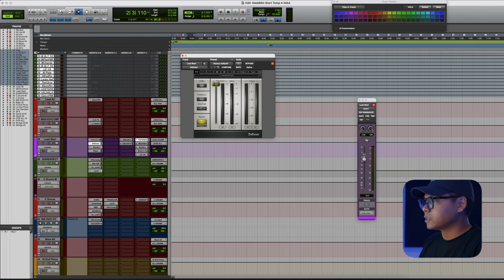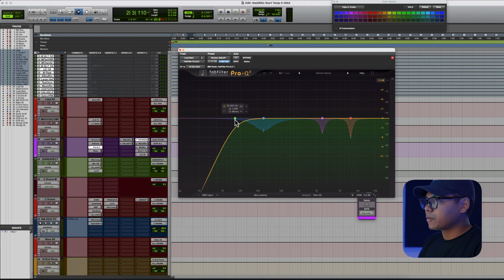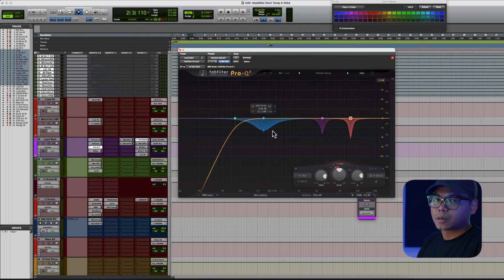Compressor, all you got to do is adjust the threshold. This is my Pro Q3. I'll have a roll off about 80 hertz, and then I'm using dynamic EQ. And this is like a good starting point just to clean up your vocals. You probably have to do a little bit more processing after this, but this is where I like to generally